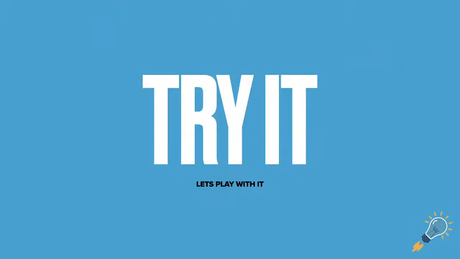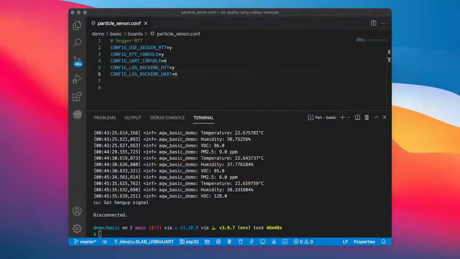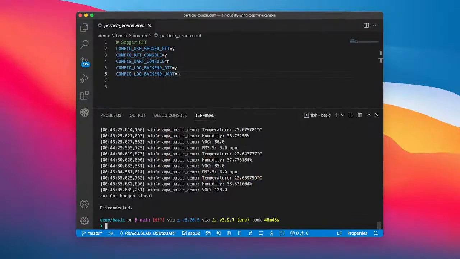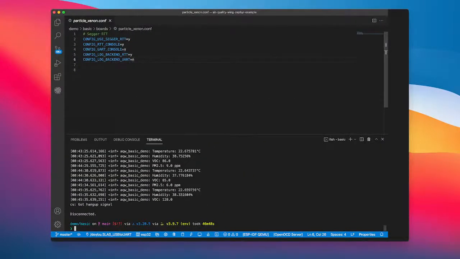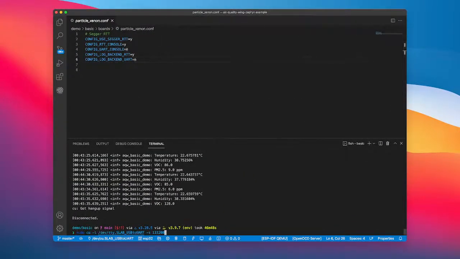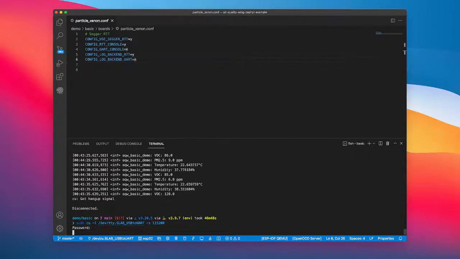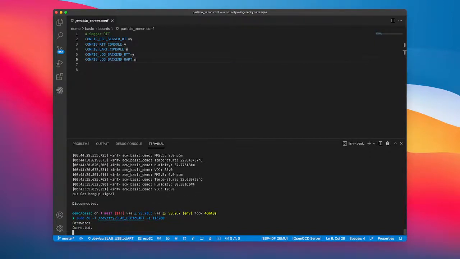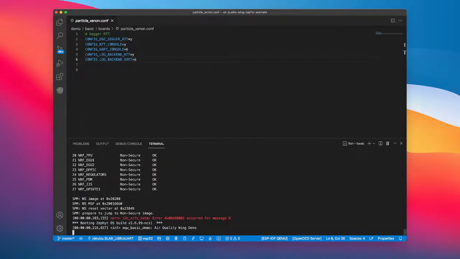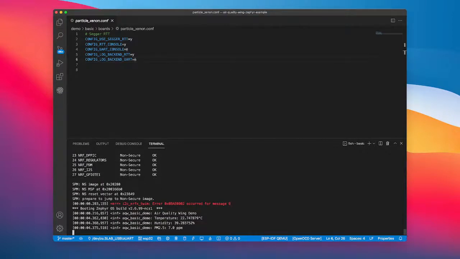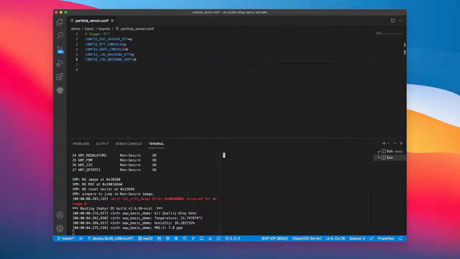So I'm going to switch over to VS Code. Hopefully this is still here. Excellent. And I'm just going to make it a little bit bigger. So this guy should be running. Maybe not. Let's see. It should be spitting out data. So it's communicating, it's spitting out data. When I do the actual build, so